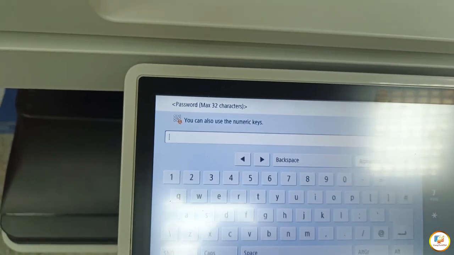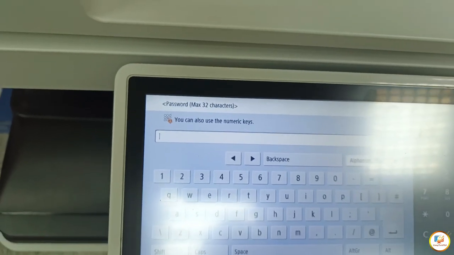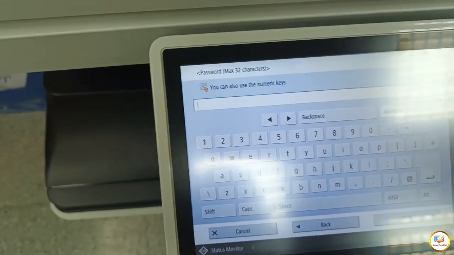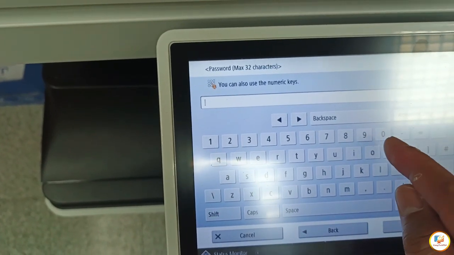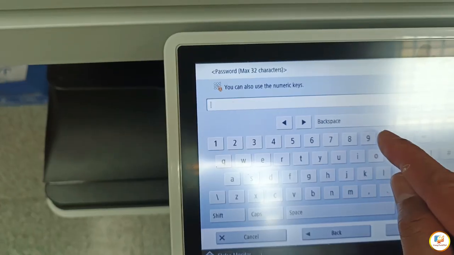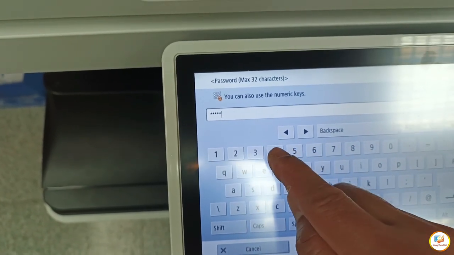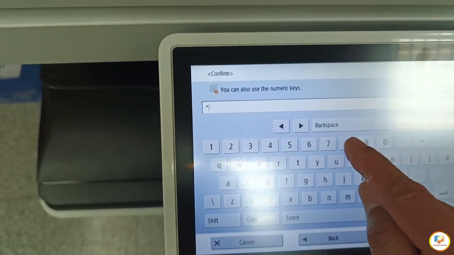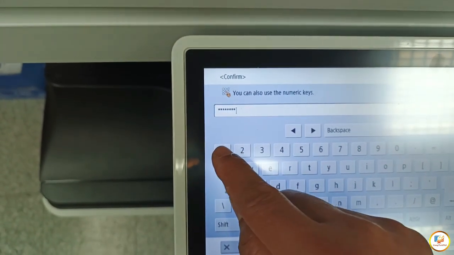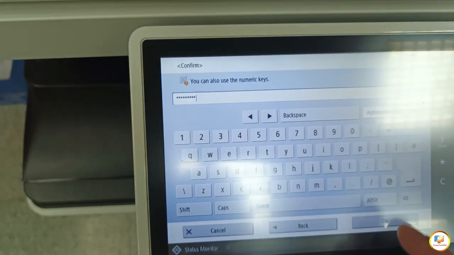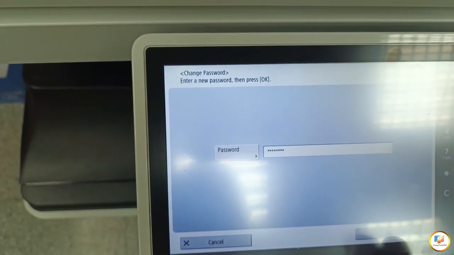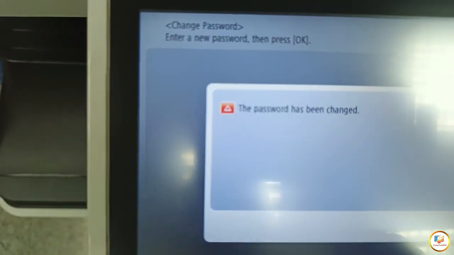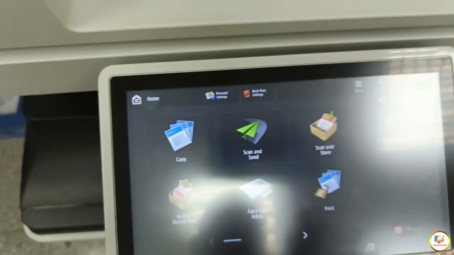The password can be up to 32 characters, which is too much, so I'm going to use 9 only. Then next, then confirm, then okay, then okay. Password has been changed.